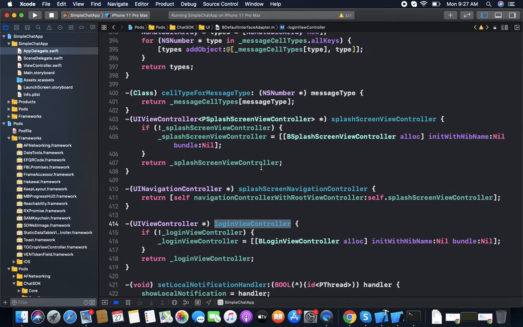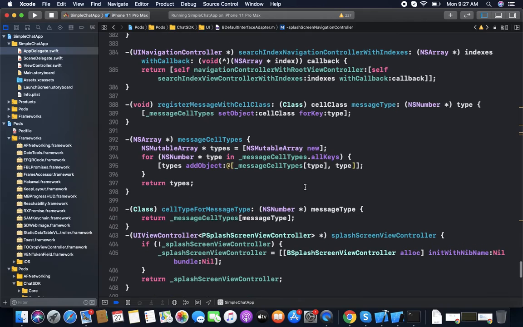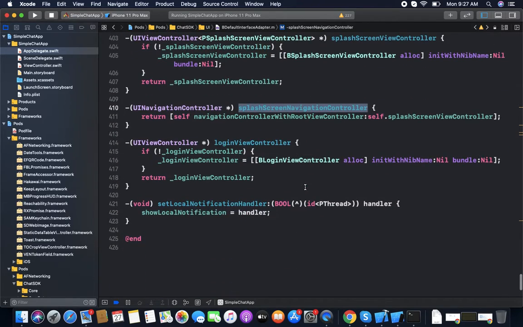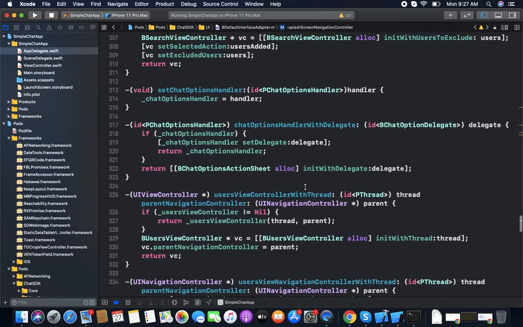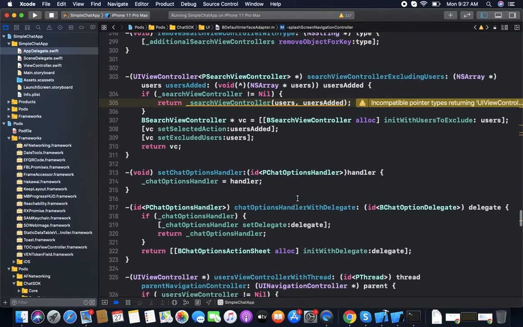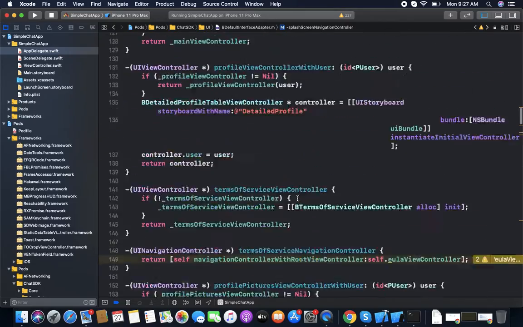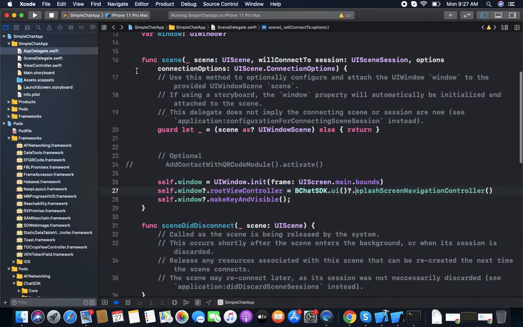So we do not need to manage anything. But if you want to manage it yourself, then you can use the login view controller and splash screen. You can use any other screens, like the user navigation thread controller. It has all the APIs you can use, or you can create your own. You can create your own UI and then use the backend for it. You can use the UI and backend for yours. So there are lots of things.